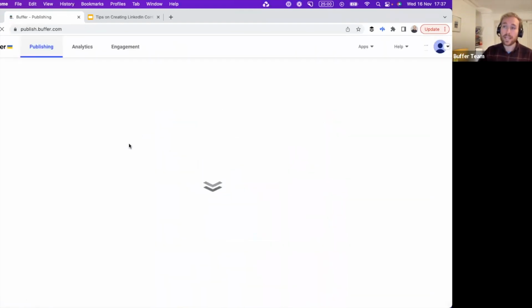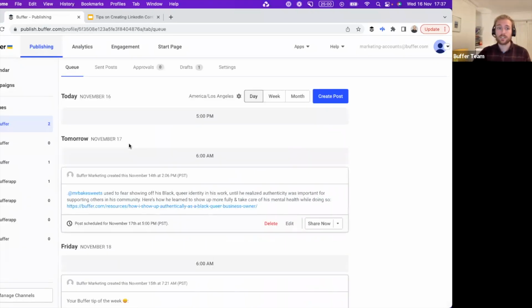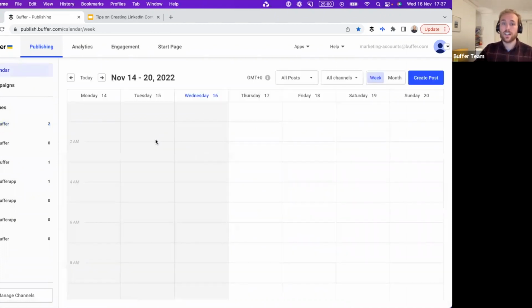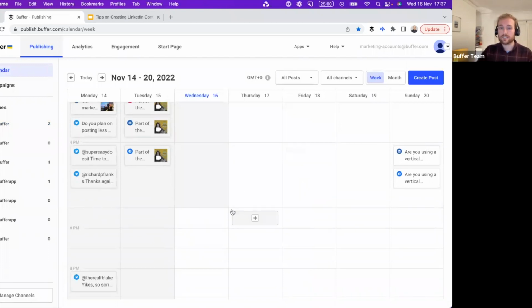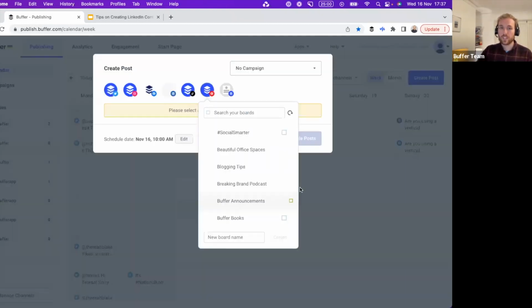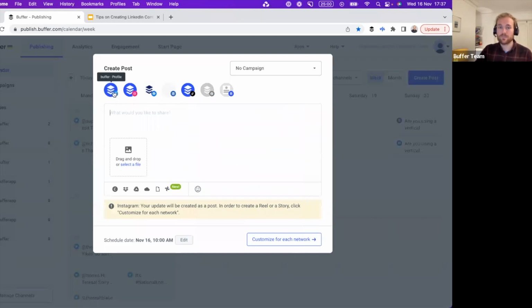And then obviously the main thing you folks use Buffer and LinkedIn for is to schedule updates to LinkedIn. So that's very easy to do. One of the easiest ways to do it is to simply open up the Buffer calendar, select the time you want your post to go out, add your post. Obviously, once you start creating a post within Buffer, you have the option to post to several different channels. So LinkedIn. If I was to schedule this, it would go out to all of the channels I had connected here.